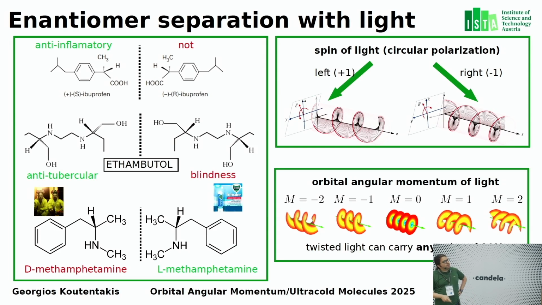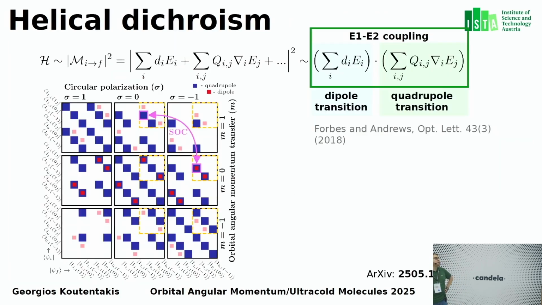But now people say, okay, we have this nice orbital angular momentum, which produces these chiral phase surfaces. So maybe we can make them interact with chiral molecules, and maybe this can be different. Of course, rigorous theory on this didn't exist, but people have progressed and